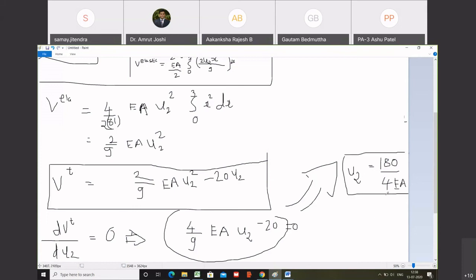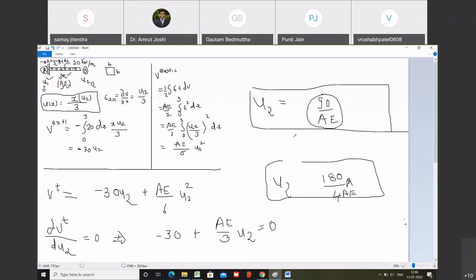Once u2 is known, I know the value of u anywhere in between because I know the approximation function, the interpolation function. Do you agree with me? If I choose a different interpolation function, you get strikingly different values of u2. Find out the exact value of u2 by manual calculations. Don't ask me how. You have done this in SOM. So use those principles and tell me the exact value of u2. And then we will comment upon which value is closer.